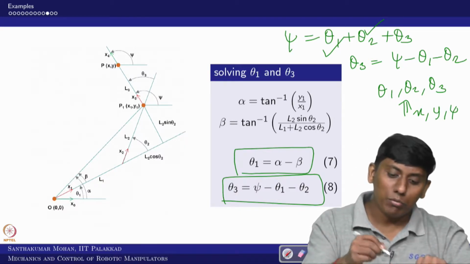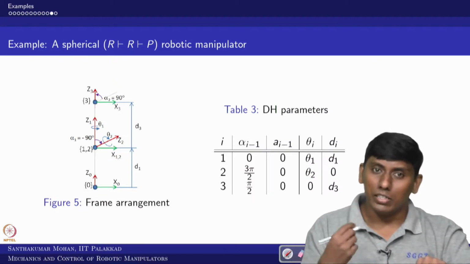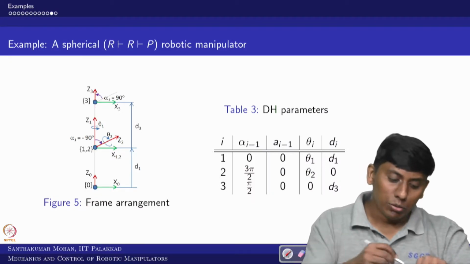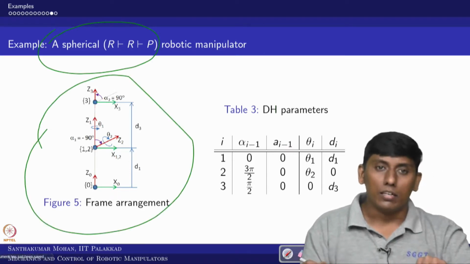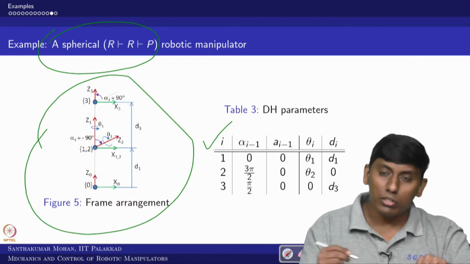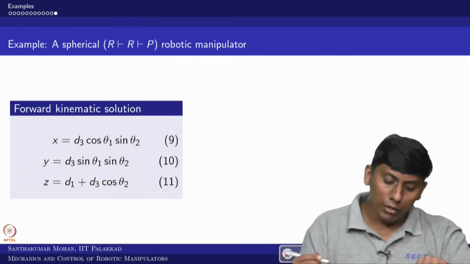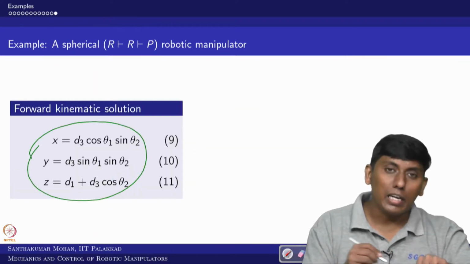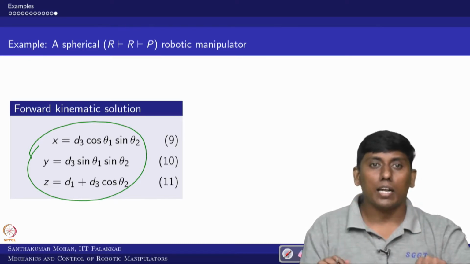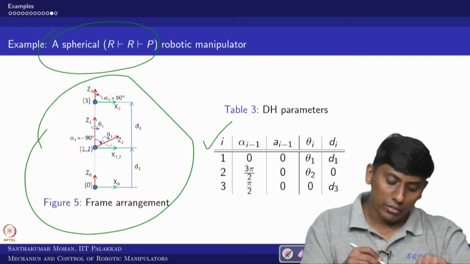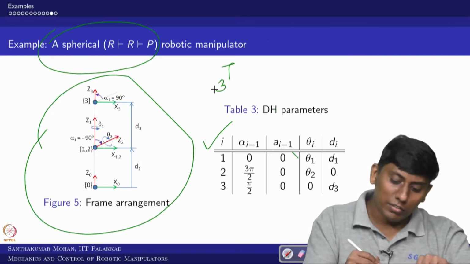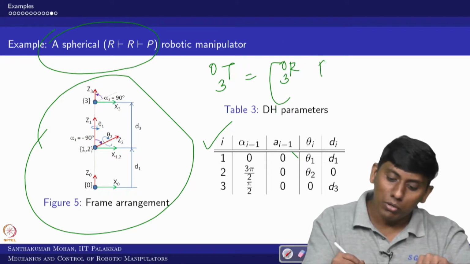Now I have just one further slide to give, which is self-explanatory. You can see the spherical robot, for which we have already drawn the frame arrangement and found the DH parameters. Finally, based on the final transformation matrix of 4 with respect to 0, in this case T3 with respect to 0 will give the rotational information of 3 with respect to 0 and the positional information of 3 with respect to 0.